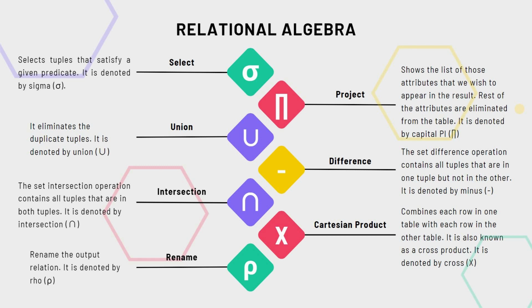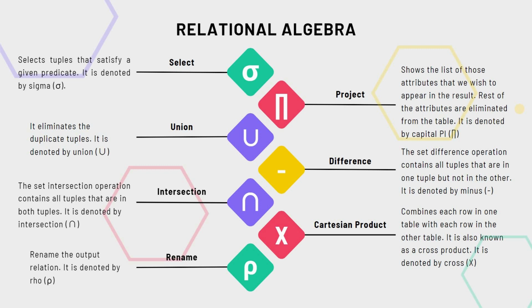Let's discuss relational algebra in DBMS. There are various operations that can be performed on a database to filter out values based on the user's need. As you can see, there are 7 basic operations that are performed on a database. Let us discuss them one by one. As the name suggests, the select operator is used to select attributes to perform various operations on. It is denoted by sigma.